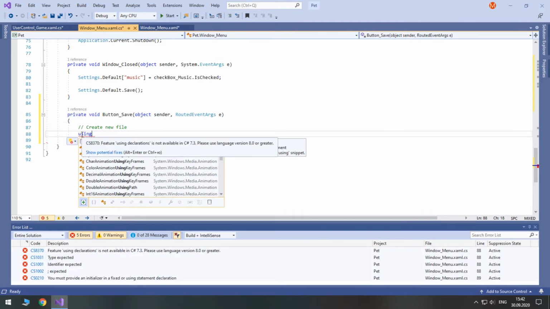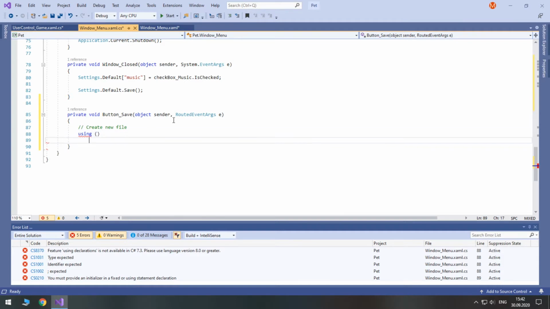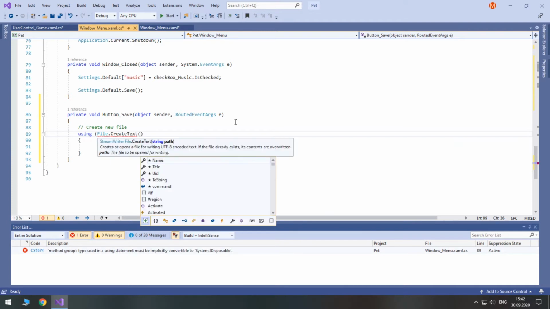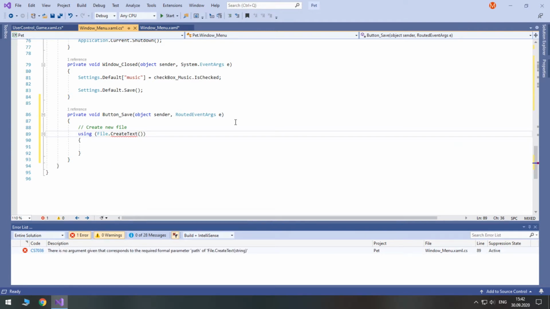Using ensures that all resources are freed once all the code inside these curly braces has been executed. In order to create a file, you type file, period, create text, and in braces, you type the file name.